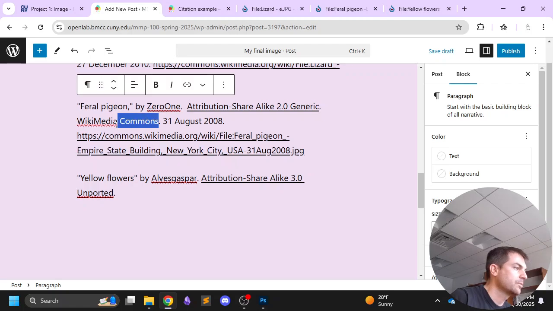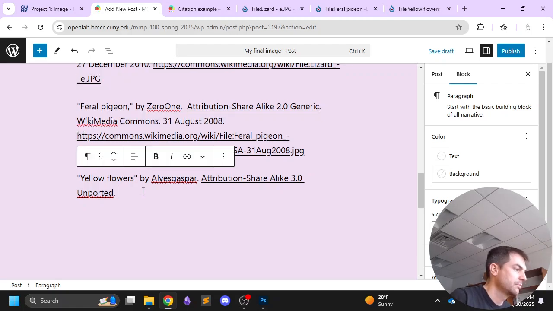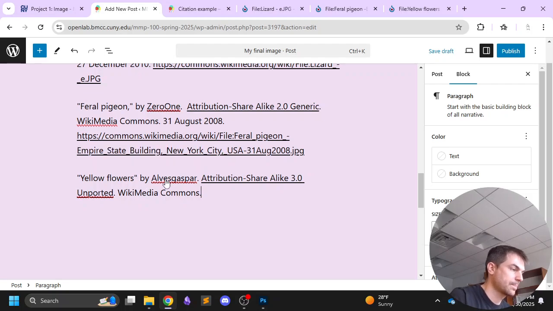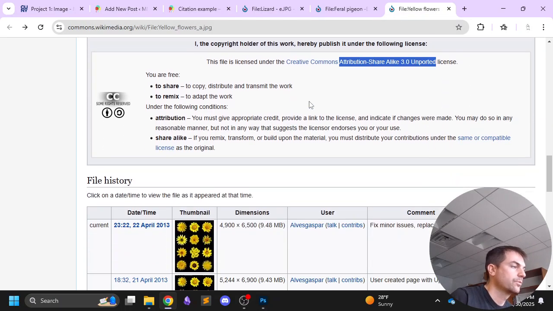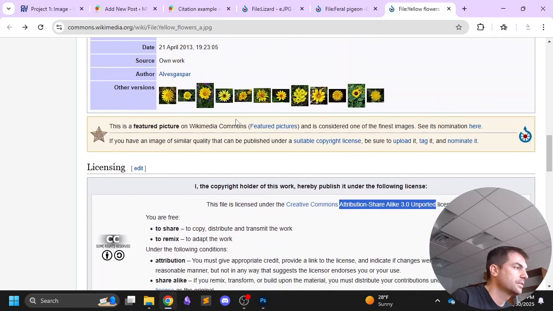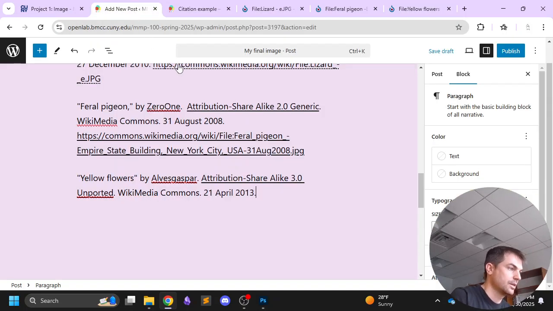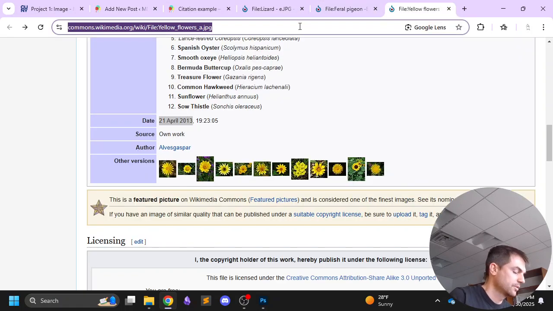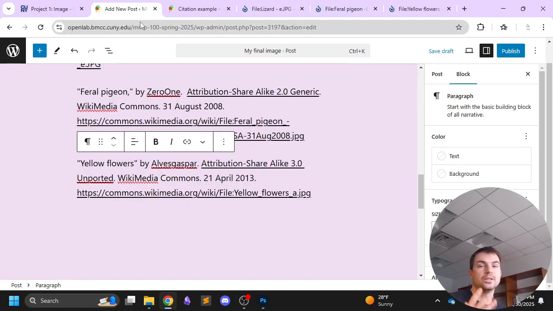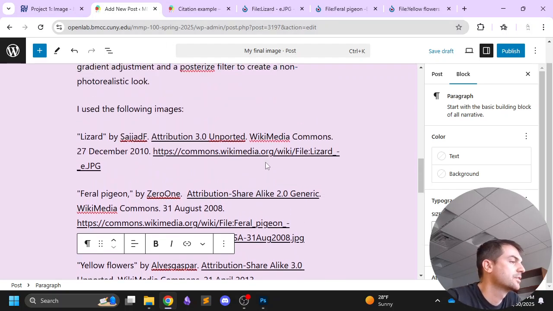So I'll just copy that here, paste it down here. And what else? We have to do the dates. And finally, the link. So this is all the information that needs to be included in your citations before you